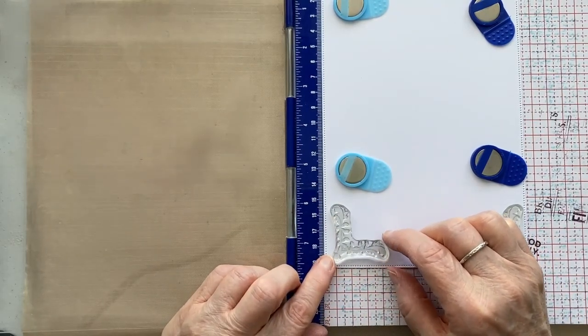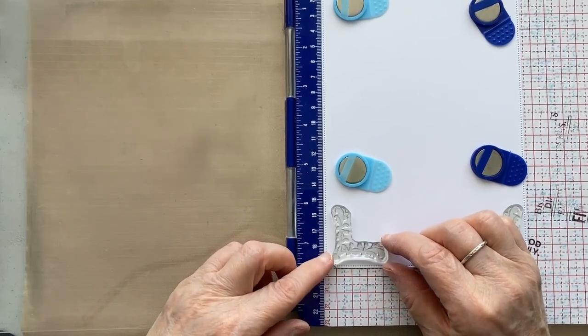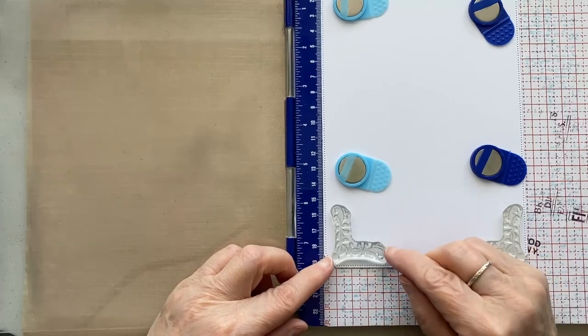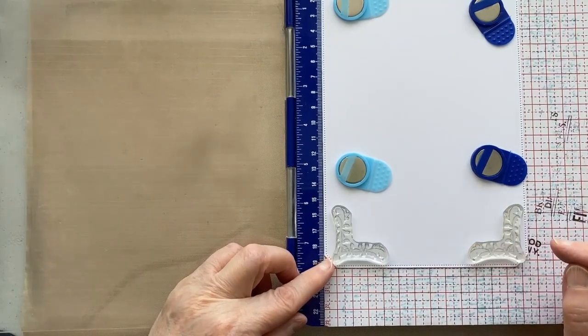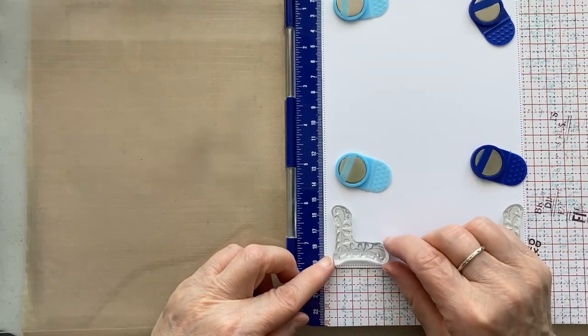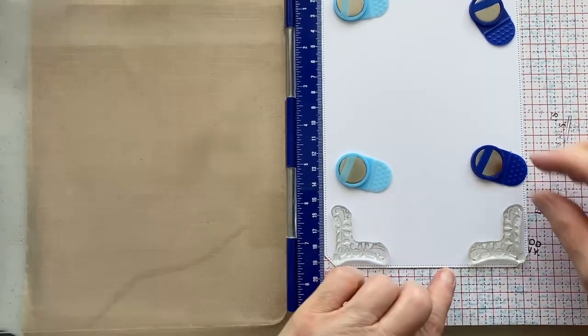I think it'd be quite nice to use lots of sentiment stamps to make your own background. I think that would be a nice thing to do. I think that's got to go down a bit. Let's go for that